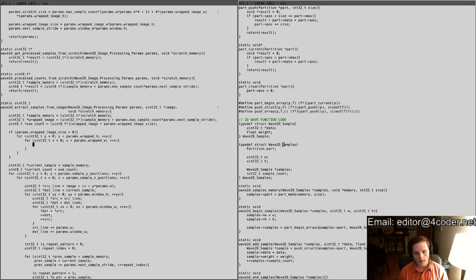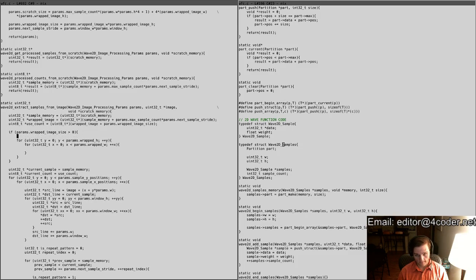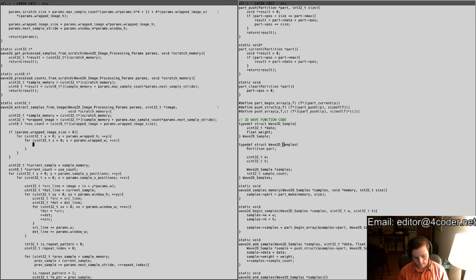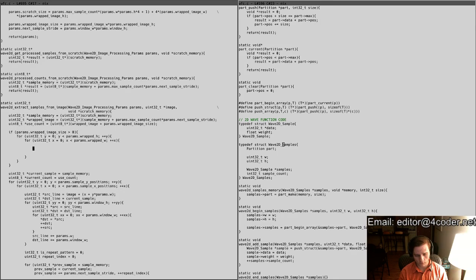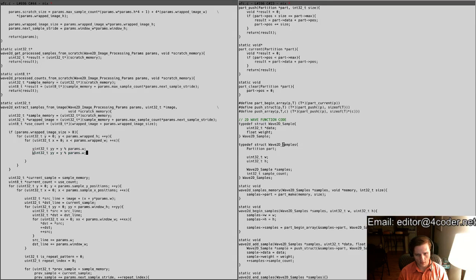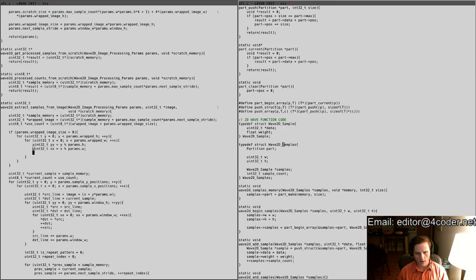Sorry. And uint32 yy equals y modulo params dot actual width, x, xx, and then